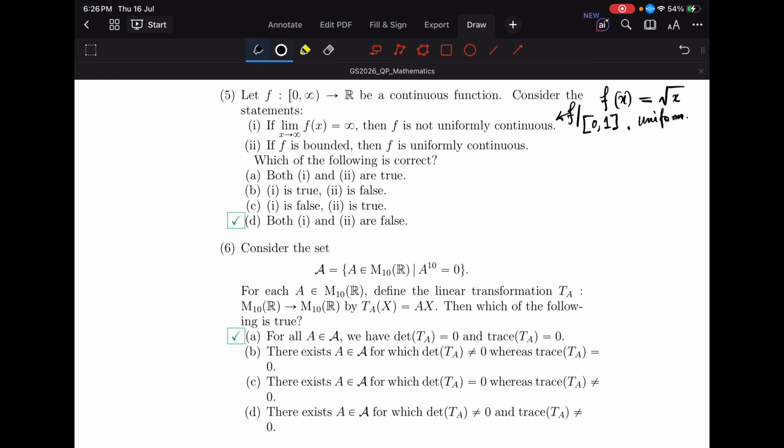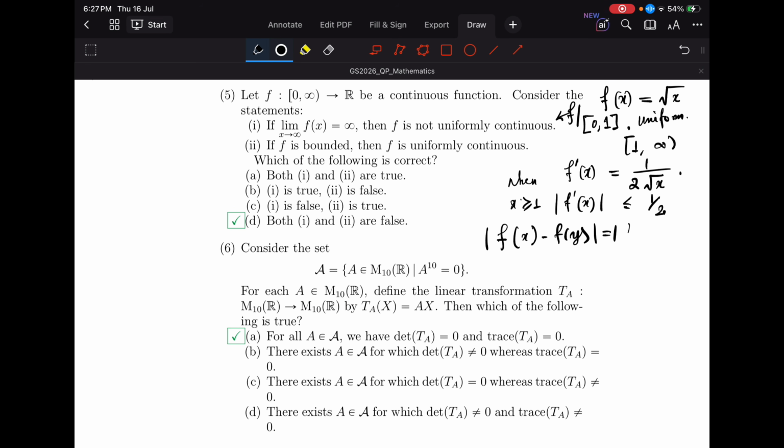Now we have to check what happens on 1 to infinity. The trick is that you have to find the derivative of this. So what is the derivative of this? 1 by 2 root x. Okay, so when x is greater than or equal to 1, the mod of the derivative is less than or equal to half, right? So then if you apply the mean value theorem,